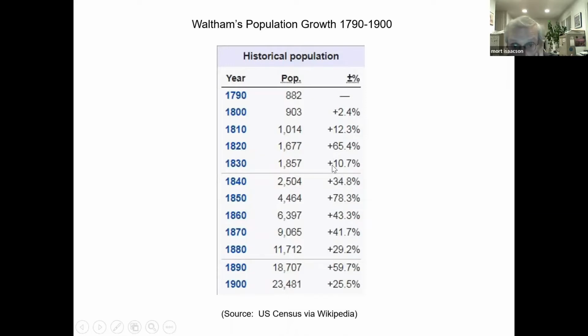And then the other large surge in population increase was between about 1840 and 1860. And of course, there are a number of reasons for this large population increase at this time. First of all, Waltham annexed the south side in 1849. So some of this increase is because of the south side, but most of the people who were living in the south side were actually working for the Boston Manufacturing Company, either the Moody Street Mills or the chemical company